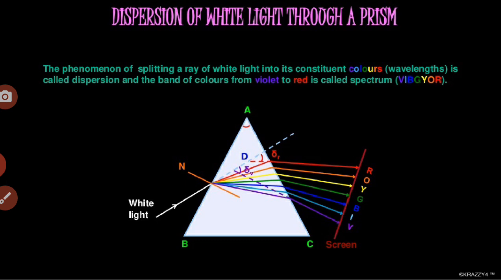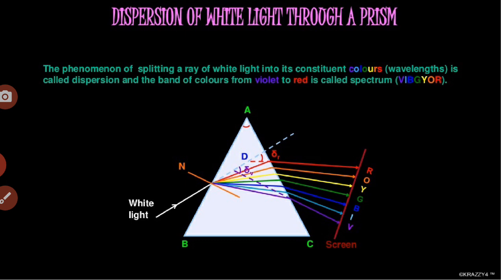Now, dispersion of white light through a prism. Here the prism has split the incident white light into a band of colors. Here we can observe the colors that appear at the two ends of the color band. The various colors seen are violet, indigo, blue, green, yellow, orange and red, as shown in the figure, that is VIBGYOR.